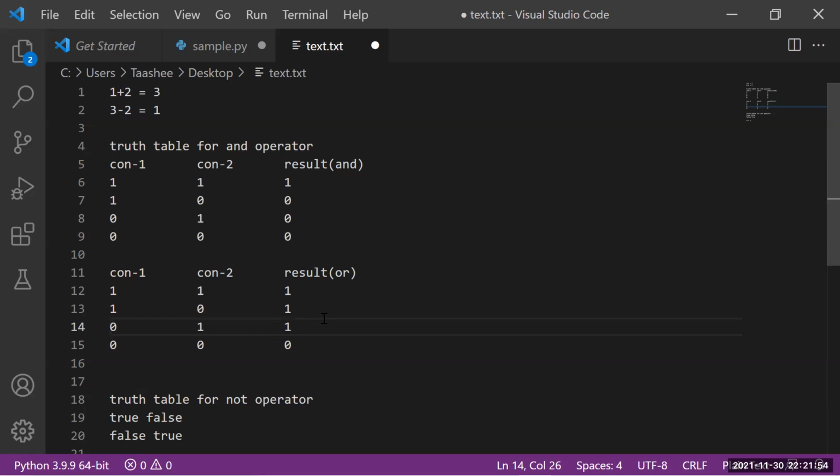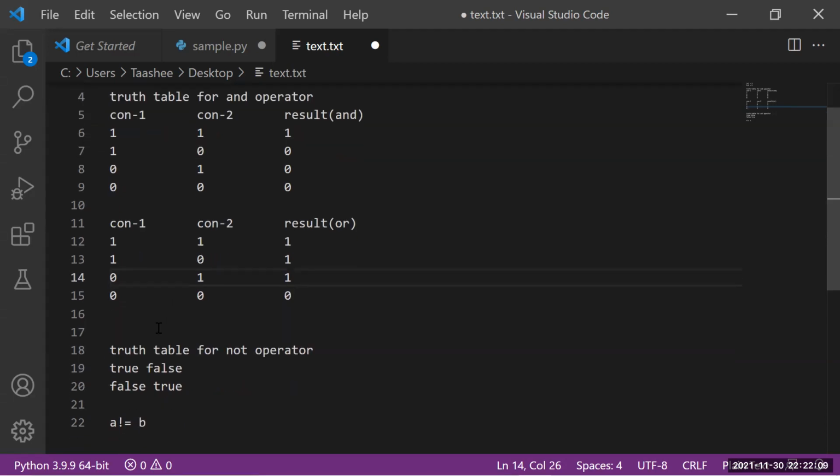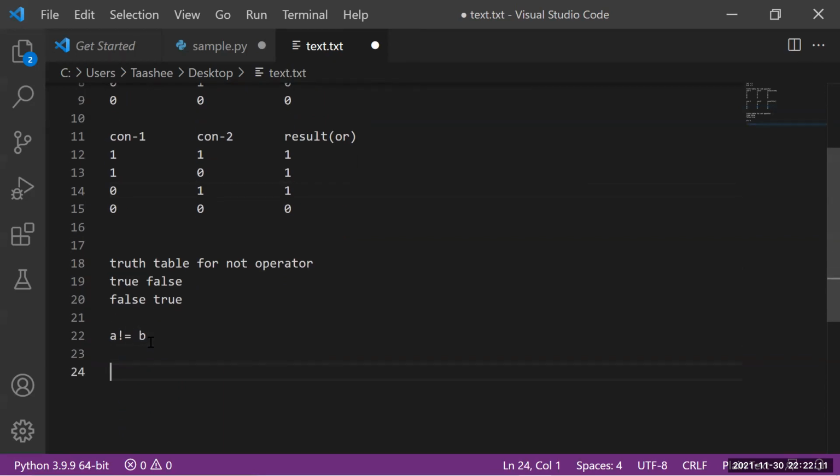Getting this? So now what are the things we have learned? We have learned 3 different things. One is arithmetic operators, which show plus, minus, division, integer division, percentile, and multiplication. These come under arithmetic operators.